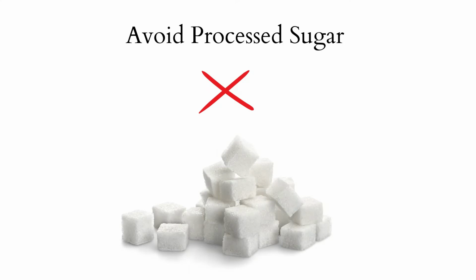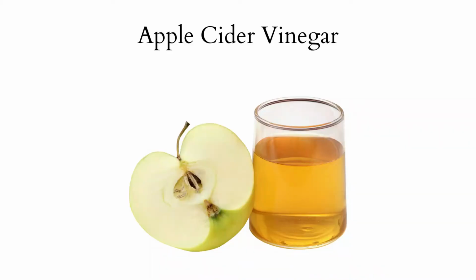In thyroid problems, it is advised to avoid all forms of processed sugar. It is also advised to limit your intake of foods high in natural sugars. You can also use apple cider vinegar as an Ayurveda cure for hypothyroidism. It helps to detoxify the body and aids in maintaining the acid-alkaline balance. It also promotes weight loss by increasing metabolism and helps regulate the production of hormones.